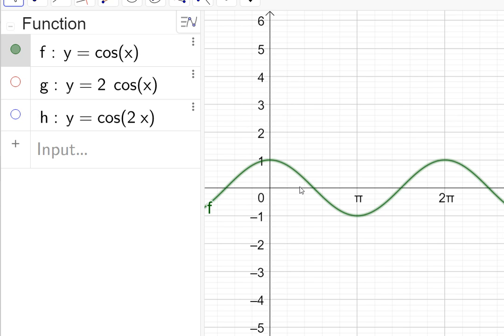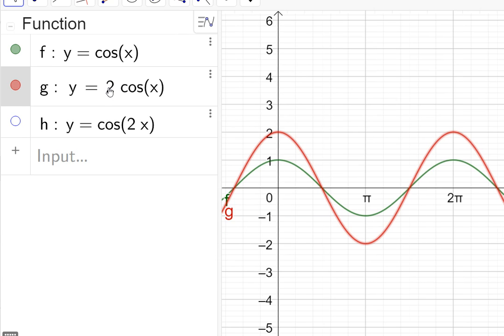Nothing's going to change with our x values. It's going to oscillate just as quickly or slowly because we haven't done anything with the x input, but the y output has been doubled from where it was. So let's see what happens where we have our red line now, y is equal to 2 cos x, and we have effectively just doubled our amplitude. We have doubled our distance away from the middle line, midline, or the neutral line, when we have multiplied by 2. And if we multiply by 3,